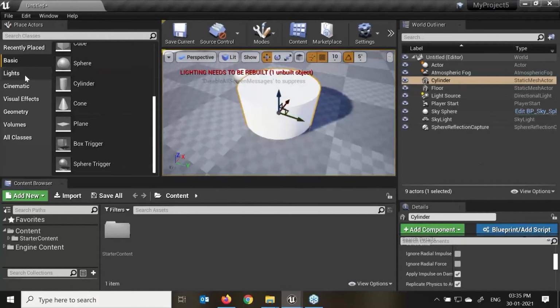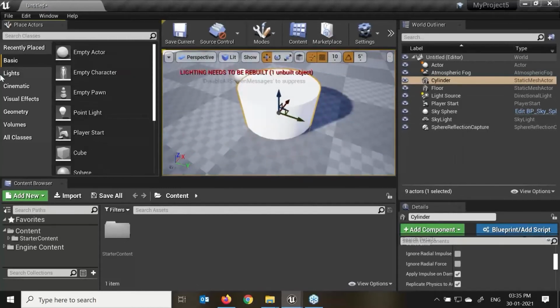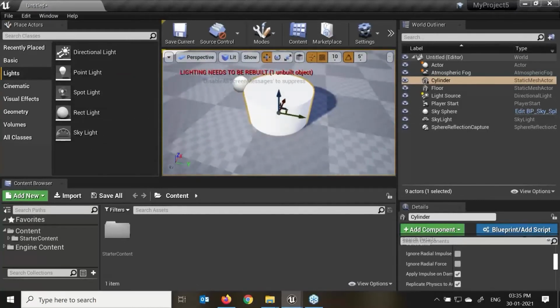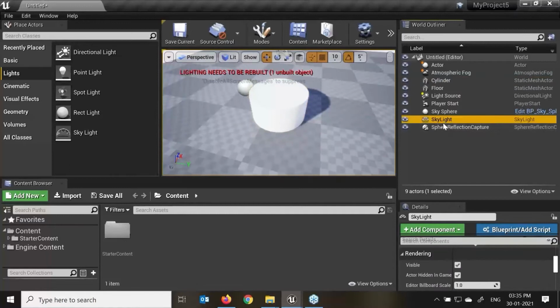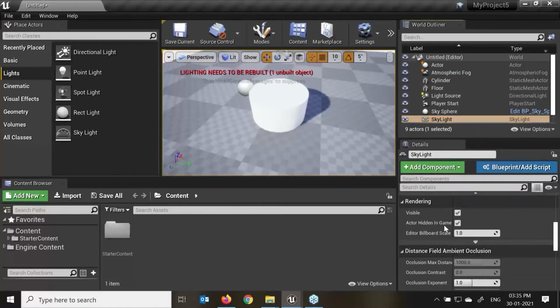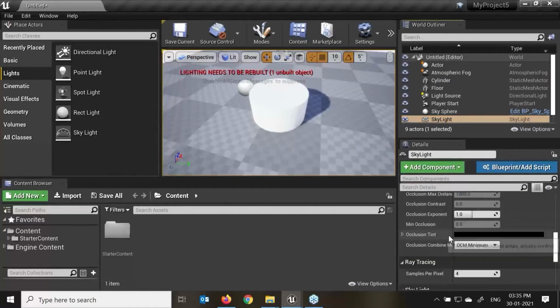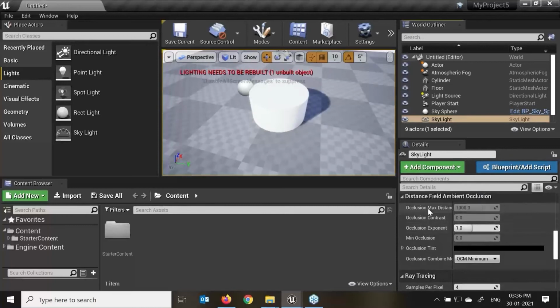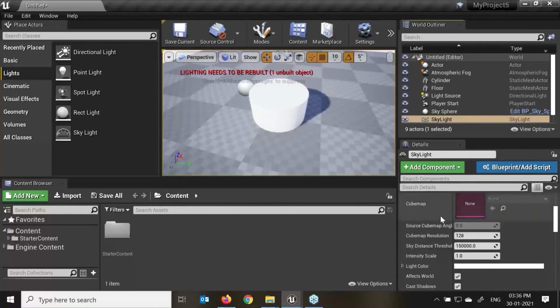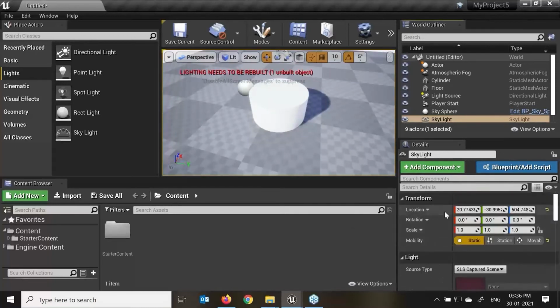Then we have the lights editor over here. Here you can see we have the directional light, point light, spotlight, rectangle light, and the skylight. By default, if I'm creating a new level or the empty level, the skylight is already available over here. If I click over here, I'll see more properties of that particular selected object in my details panel over here. If I want to change my intensity, if I want to put an HDRI map or color exposure or anything I require, yes, that I can do from my details panel.